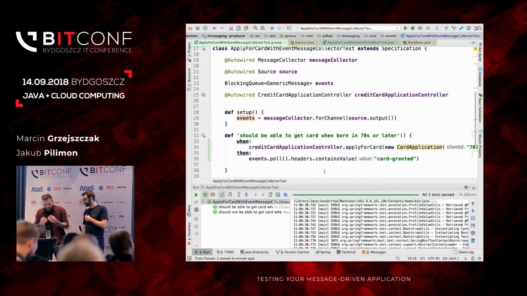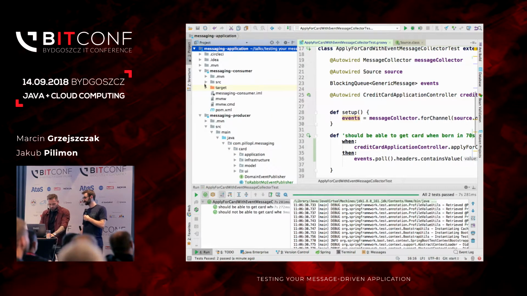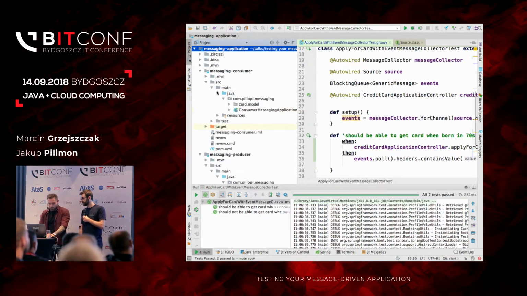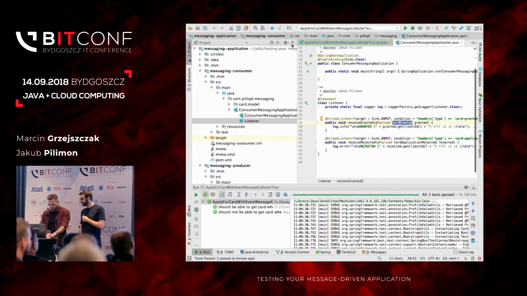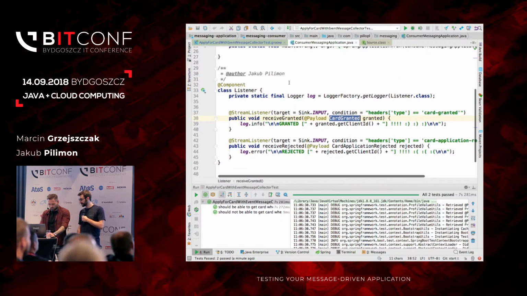So I would run those two applications locally on this machine. There is a Rabbit running on my machine, and I wrote the other app so we can show it to everybody. And then if I do an HTTP post to the first application, apply for a card, we could see something in the second app. All right. So there is something regarding the second app, the consumer. How does it look? Bad because I didn't have much time, and I don't know how to code. But anyways. Can you explain this?